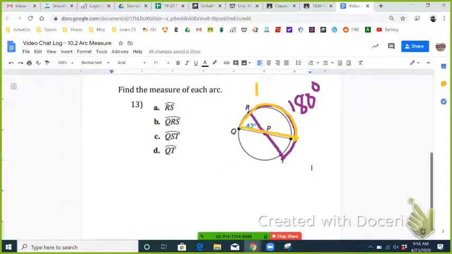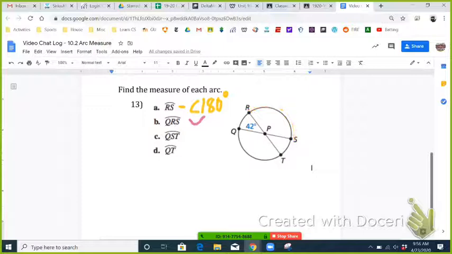Another thing to point out is when you measure an arc with two letters, it's the shortest distance between those two letters. That's called a minor arc, and these are always going to be less than 180 degrees. If it's named with three letters, like QRS, you have to hit Q, R, and S all in order, so you have to go in this direction. That means it's a major arc or a semicircle. So if it's named with three letters, it has to be greater than or equal to 180 degrees. In this case, it's equal to 180